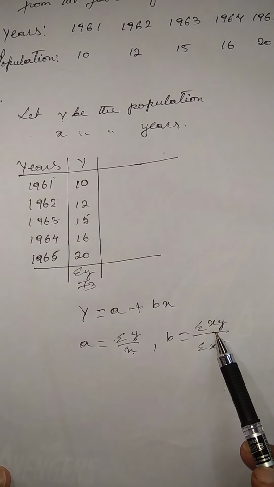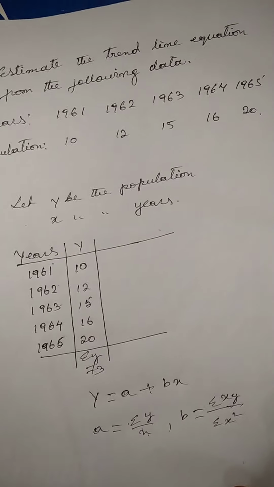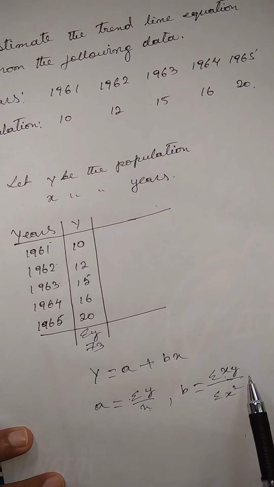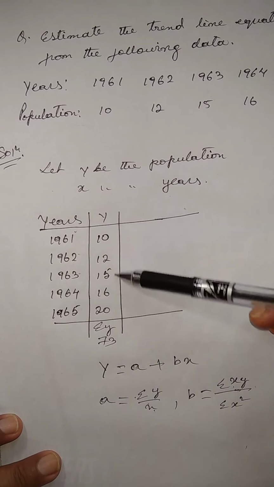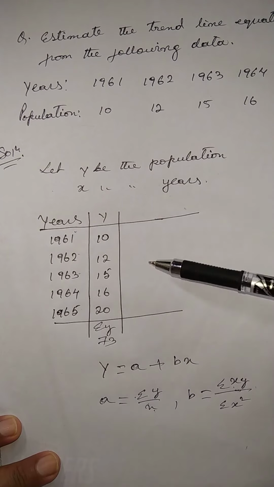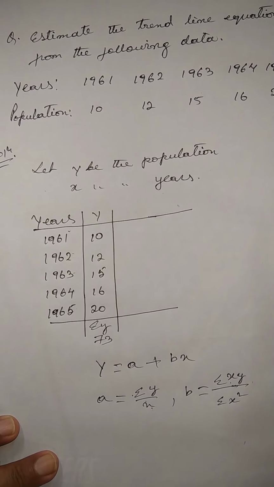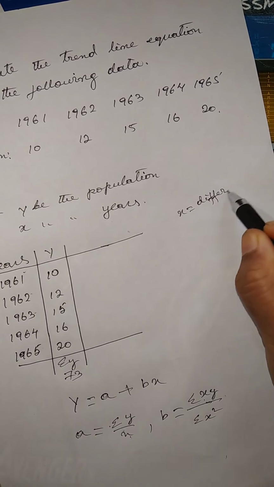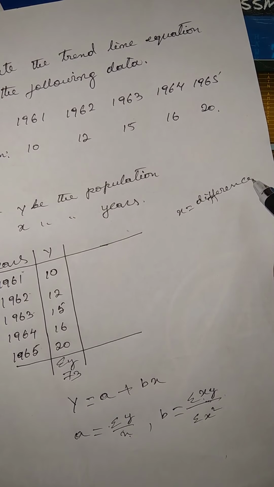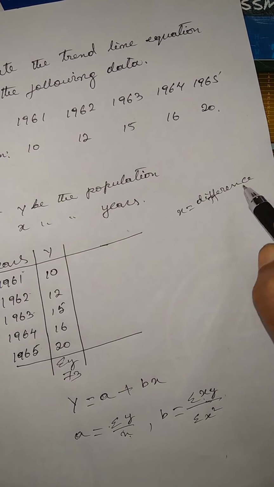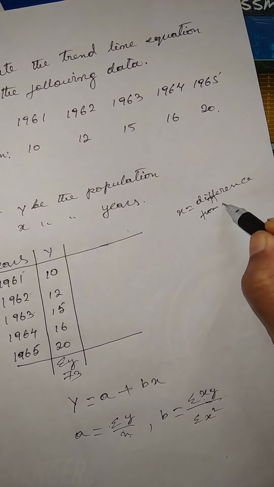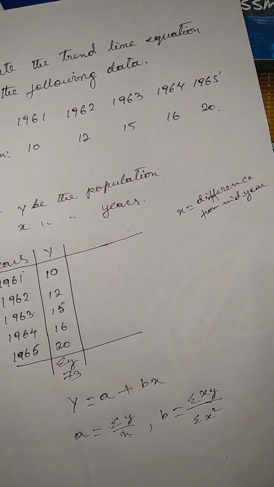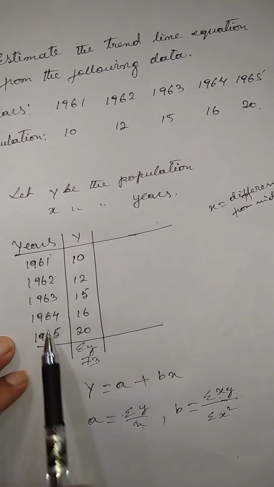Now we need to find summation xy. So we have to multiply x and y, but here in our data x is not given. But I already told you that x is the difference from mid-year. So here let us take